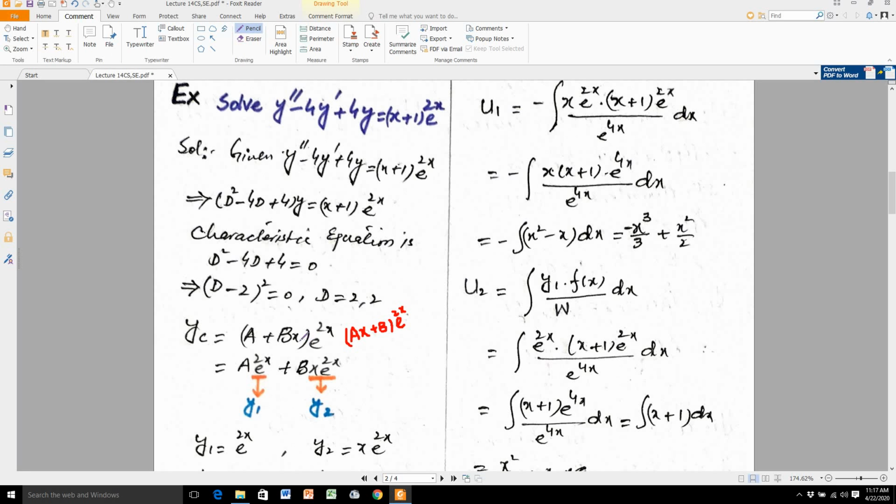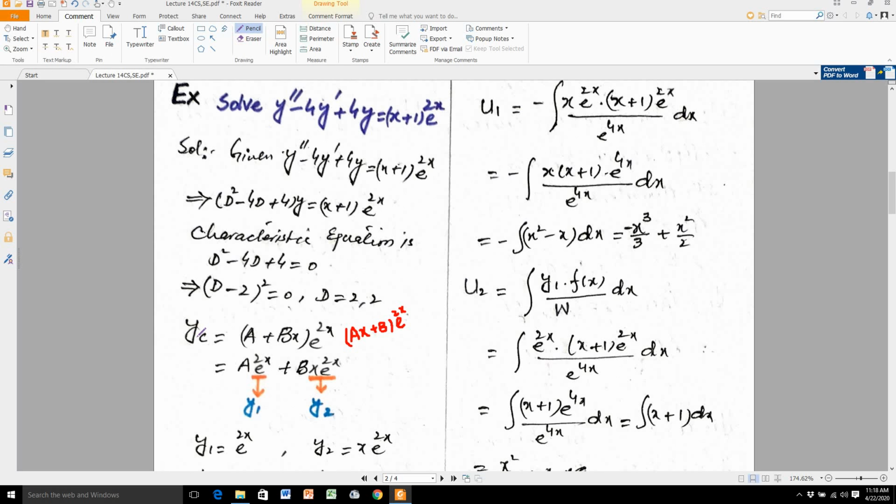Here I am writing in ascending form. Here I am writing in descending form. Here you see x raised to the power 0, then x raised to the power 1, then x raised to the power 2. So in this way we move in the ascending form. Whereas here you use this form, you apply the descending form. Here the power of x is 1, then x raised to the power 0, then e raised to the power 2x.